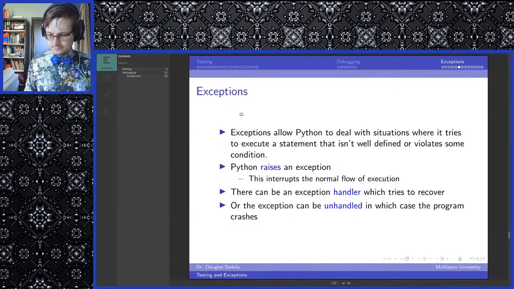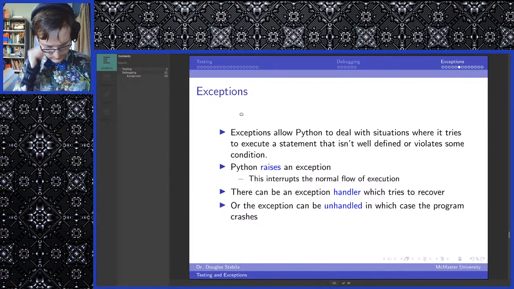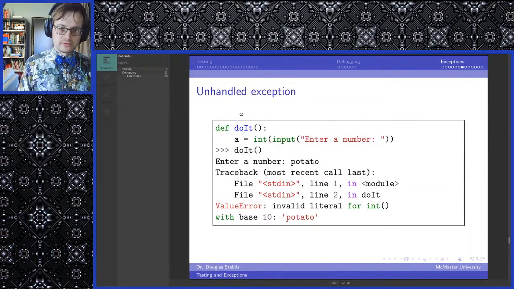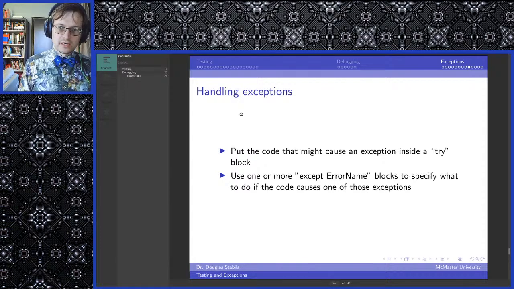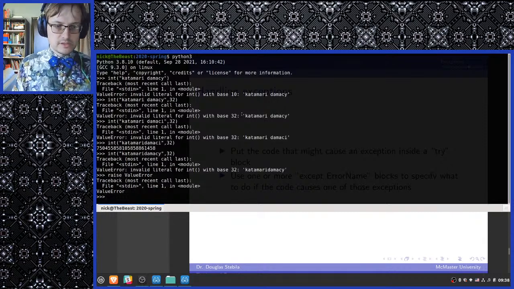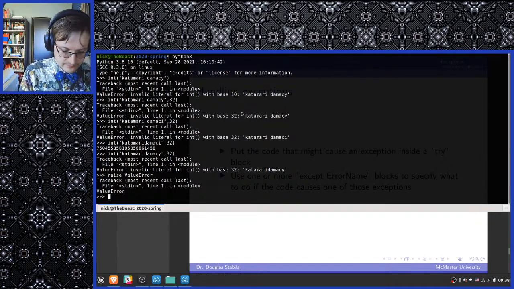But so this is all good. This can actually be useful. So what do I mean when I say handled versus unhandled? Well, we know how to do that. So we have what's called a try-except block. Within the context of a program, you can just kind of throw these in anywhere. You can say try.